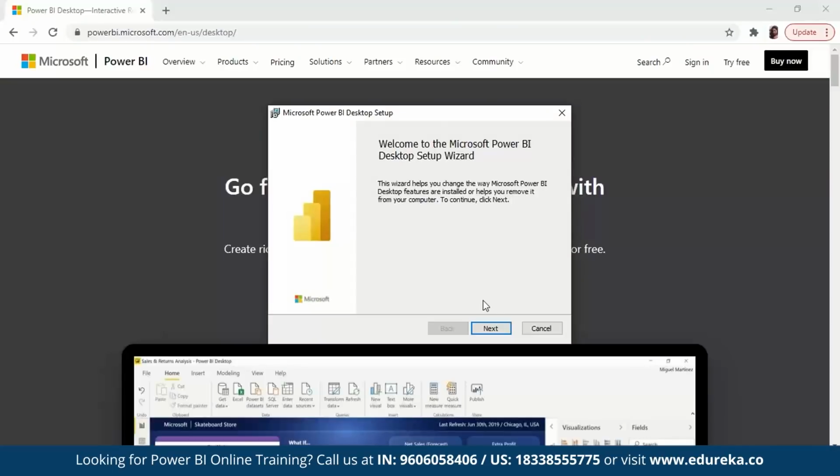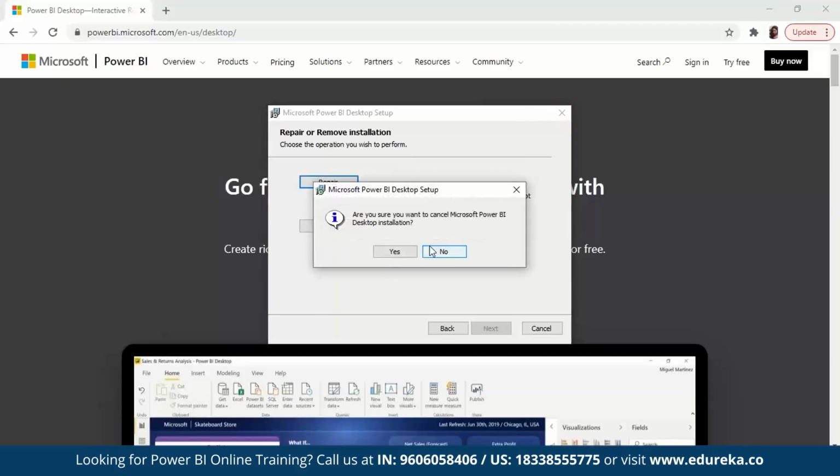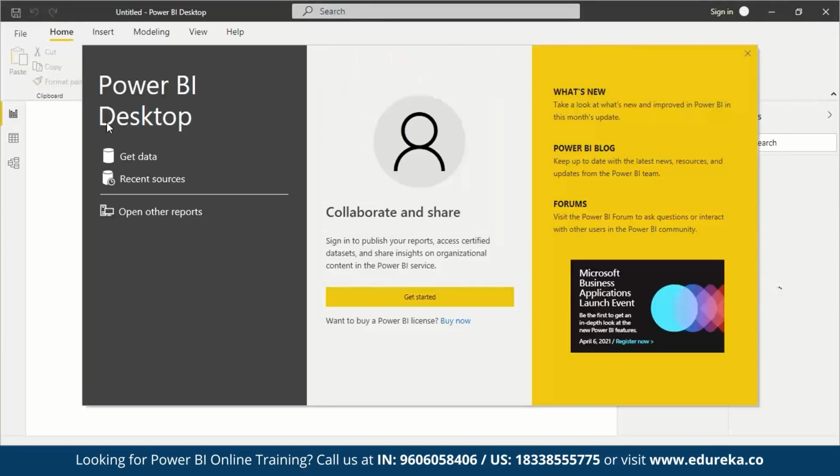Once you have this setup installed, you'll get a pop-up that says, welcome to Microsoft Power BI Desktop Setup Wizard. And you can just click next. Here, because I've already installed it, it says either remove or repair. But if you're installing it as a new user, then you'll get an option to select the location of where you want it to install. You can agree to the license, and then it'll finally install on your desktop. I hope that is clear. So once that is done, you can see that I have Power BI Desktop on my desktop. And once I click on that, it will just allow me to get started, and I have pop-ups that occur.